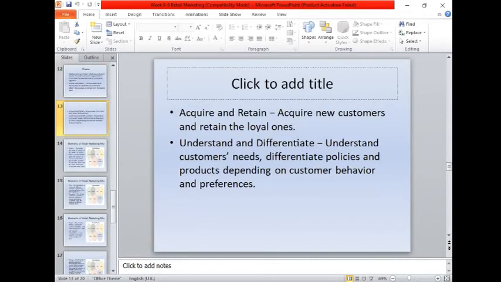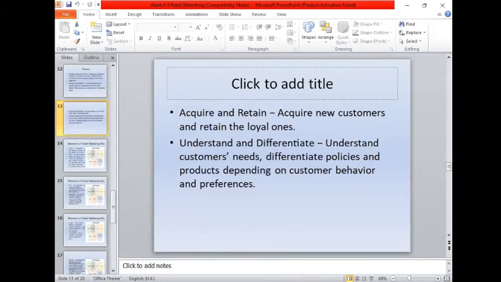Acquire and retain. As I've said earlier, retain the existing customers, but I'm not saying that we should not make new customers. Acquire the new customers and retain the loyal ones. As I've said earlier, it is better to retain the existing customers than to prospect a new one, but I'm not saying do not prospect a new one. Of course, you can prospect a new one, because we also need more customers that we can cater